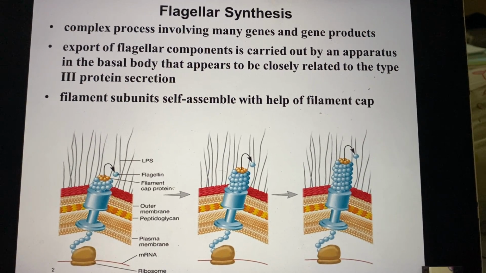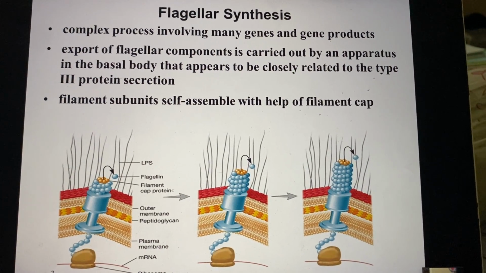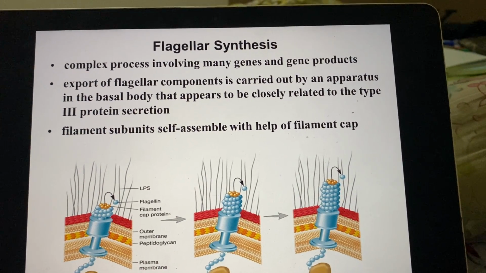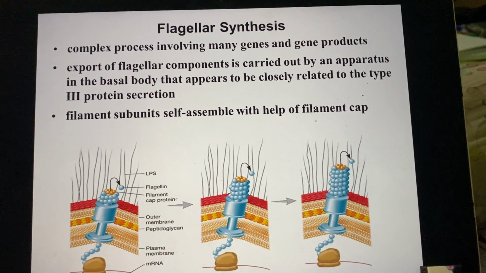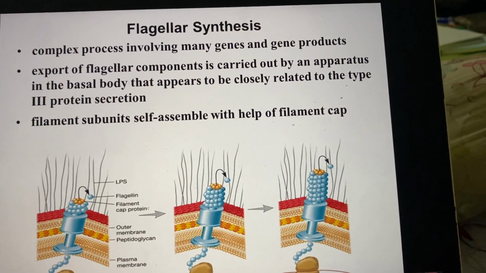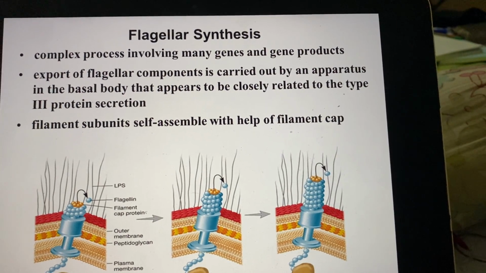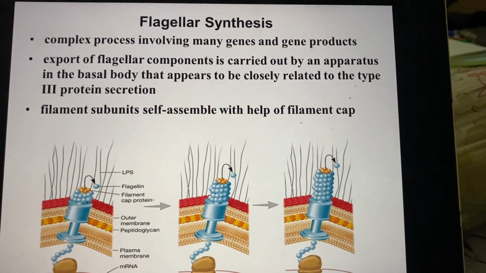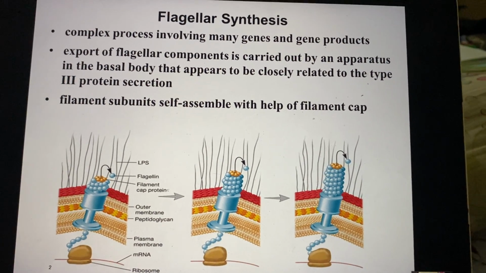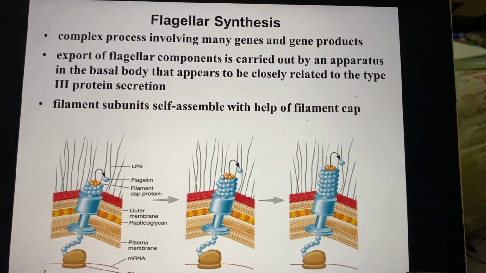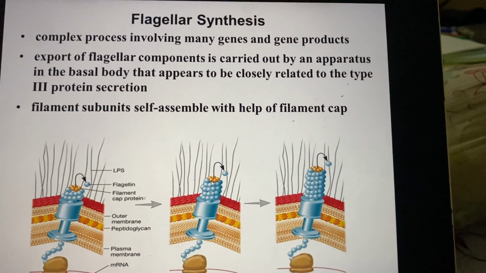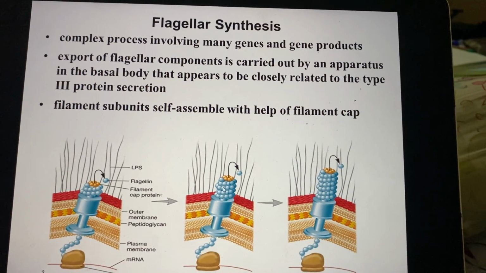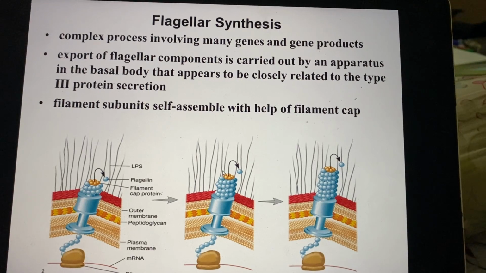Here, we call the flagellar synthesis, the filament synthesis at least, a self-assembly process where the flagellin proteins are extruded out through the basal body and assembled in a helical form on the surface. Each flagellin unit that comes in gets assembled at the tip of the flagellum. So as such, the flagellum grows at the tip, not at the base of the filament. The filament is assembled at the tip.